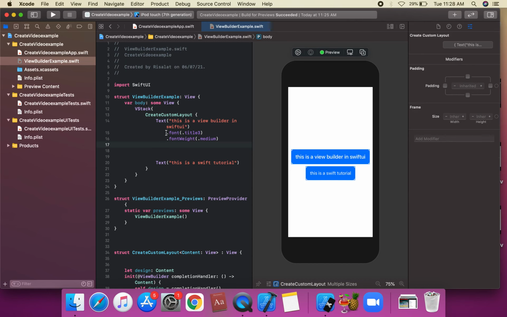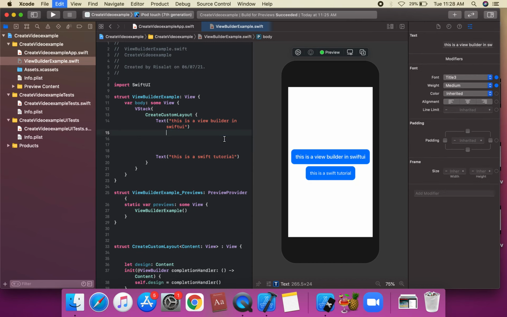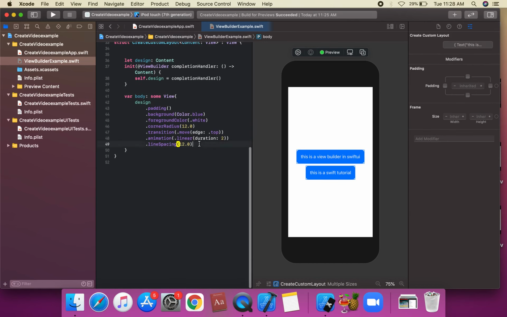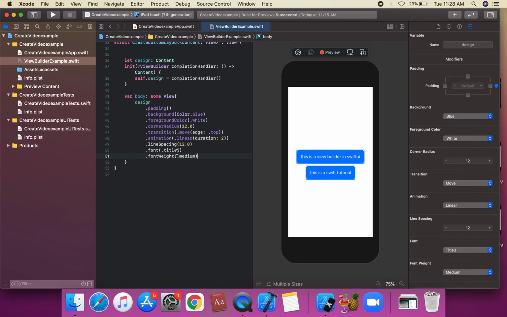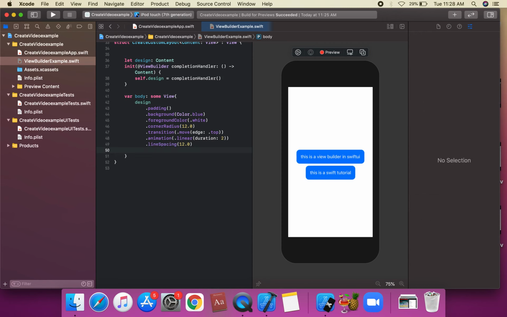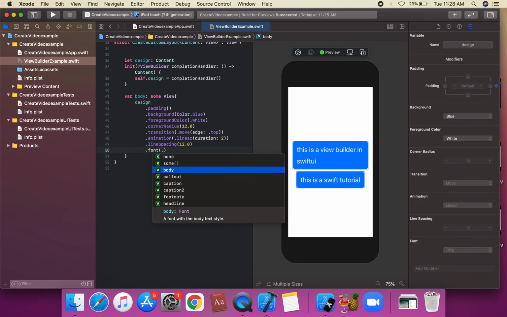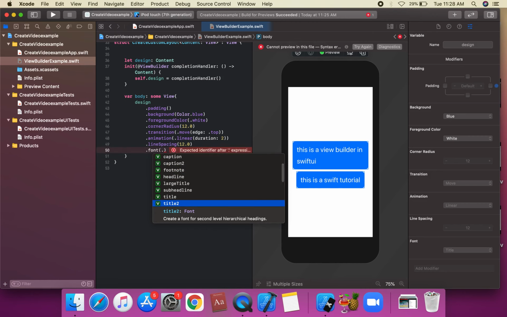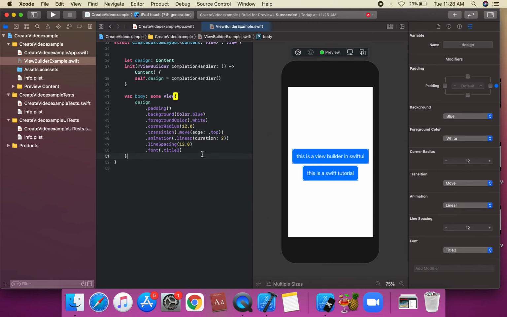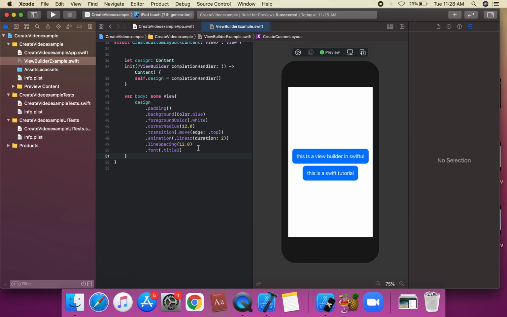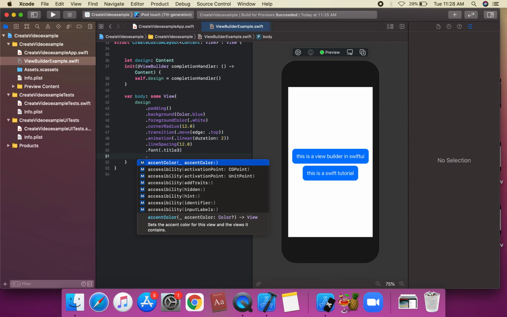suppose we're going to apply a font and title, and we can set command X, and we can apply our custom created font, we can apply dot font dot. We're going to apply this. Suppose we're going to add line title. This is title 3, and we're going to apply this. The font is title 3, and we're going to apply this property. Another property, suppose this is another property, font weight.